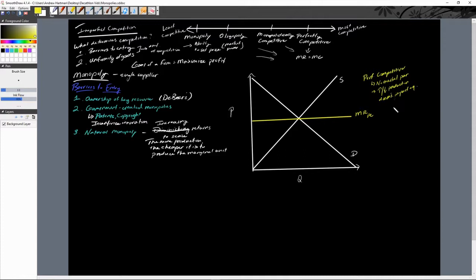With a monopoly, that's no longer true. In fact, what we're going to see here in a monopoly is that they actually do face the demand curve. They face a downward sloping demand curve. Now, we've been looking at downward sloping demand curves this whole time. What is different here? Well, essentially, if you want to look at it in a certain way, when we looked at perfectly competitive markets,